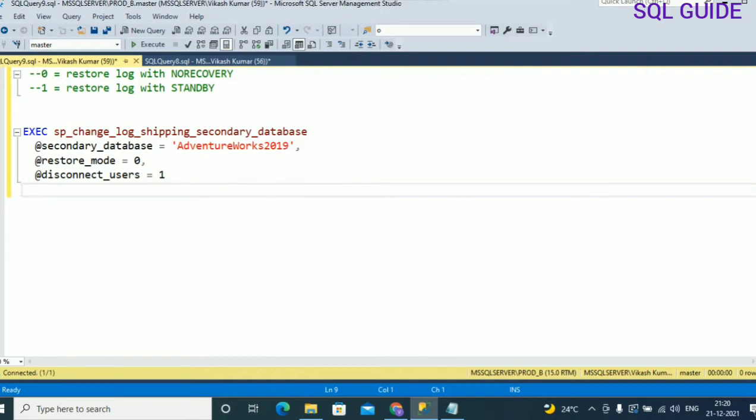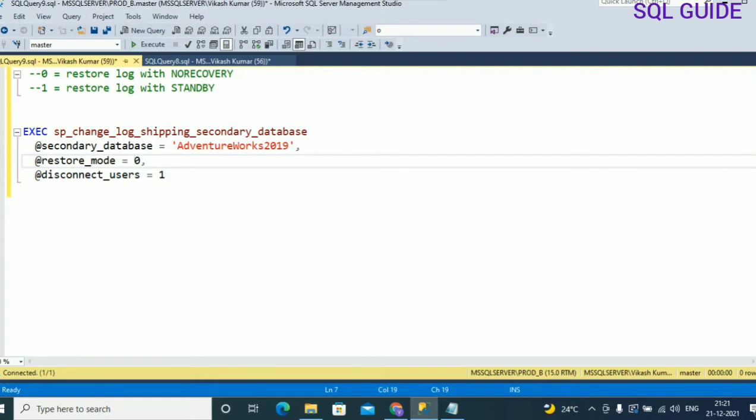This command will help you change a standby read only status database to no recovery. You have to pass the log shipping secondary database name. In my case, the secondary database name is AdventureWorks2019. Restore mode 0 means no recovery. I am going to set disconnect users equal to 1. If any user is connected, it will get disconnected.